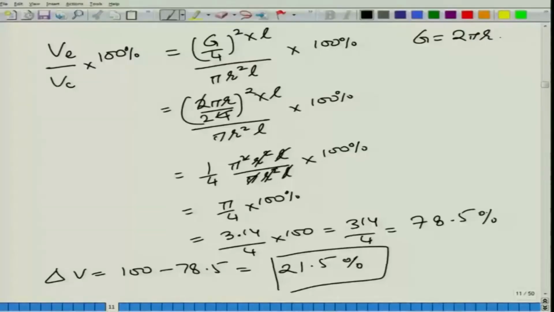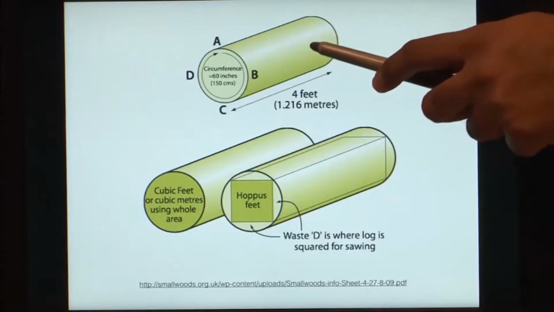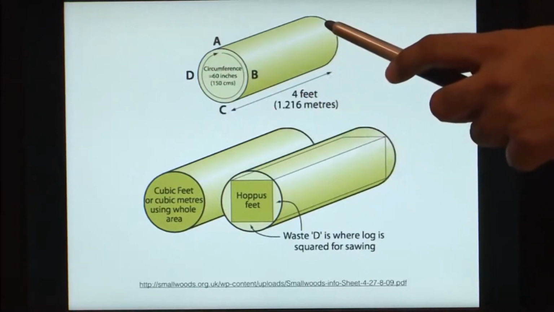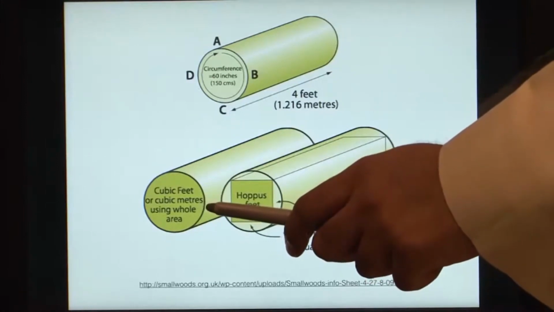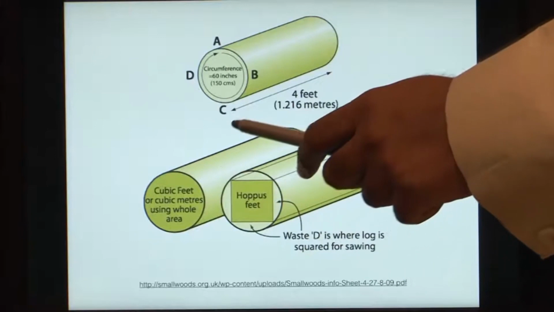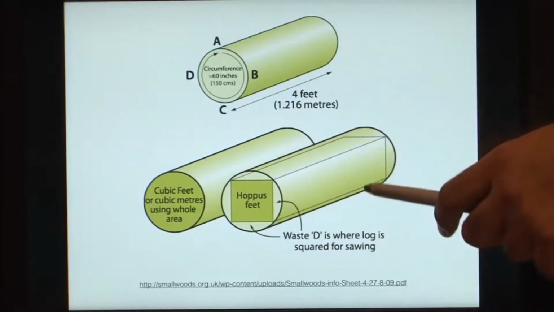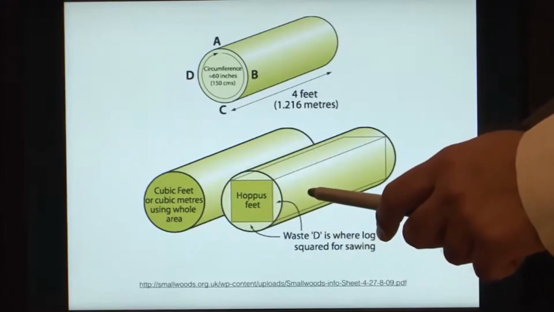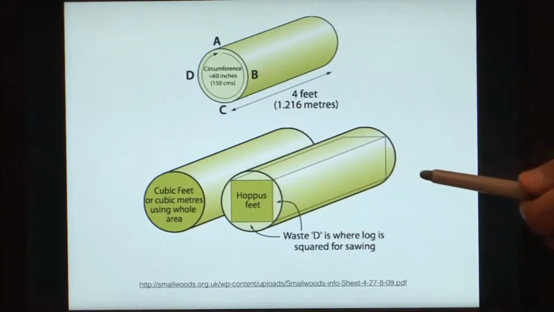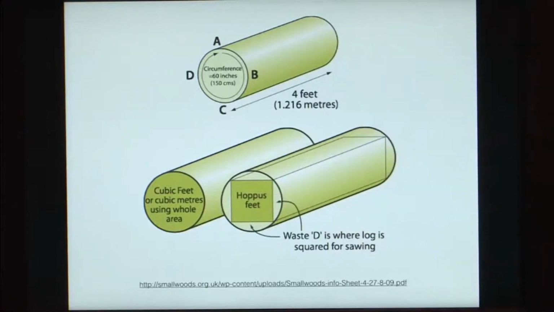So, let us go to the slides now. Here what you are seeing is a log that is in the shape of a cylinder. This is the volume that we get if we measure the complete solid, and this much is the volume that we are getting out of the quarter girth formula. It is also known as the Hoppus formula in Britain. So, when we are considering this Hoppus formula,